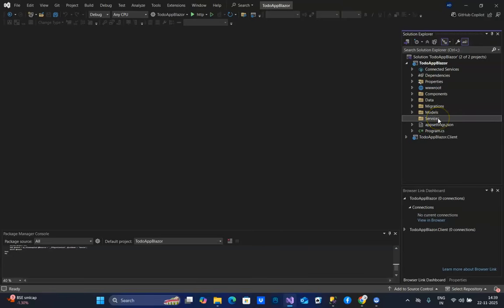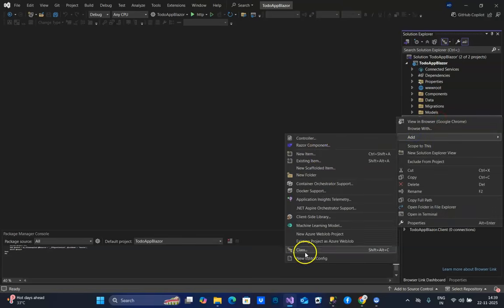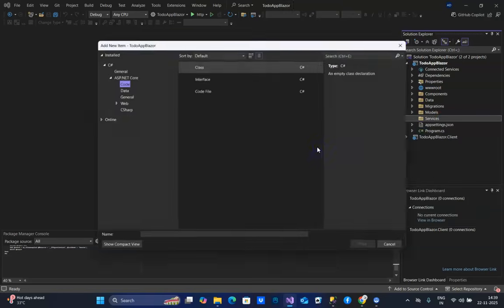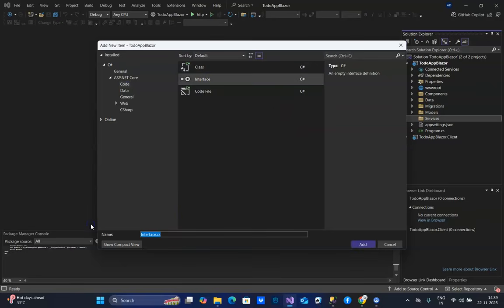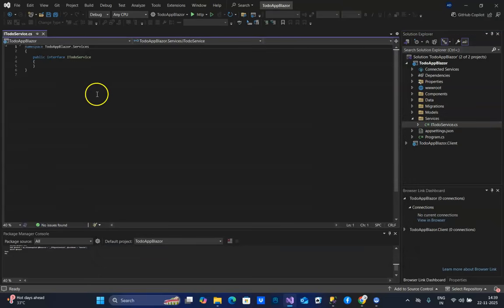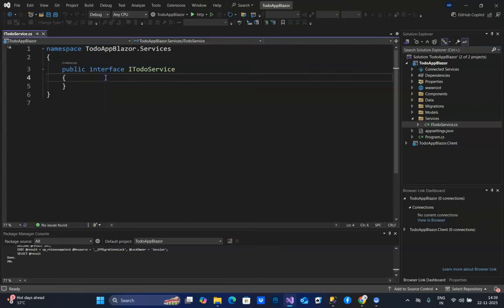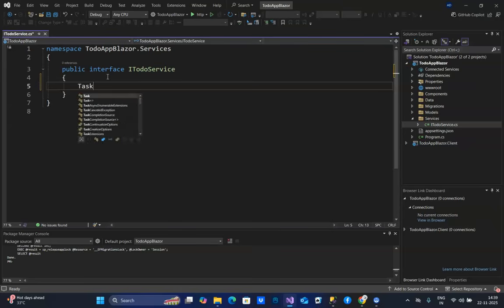And inside the services, we are going to create an interface. So let's create an interface. Right click on services, add new item, and say interface, and just name this IToDoService. And here we are going to define the interfaces. So let's do that. So first thing we're going to do is task